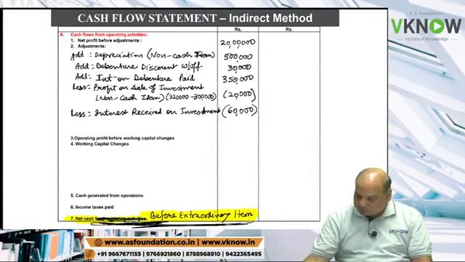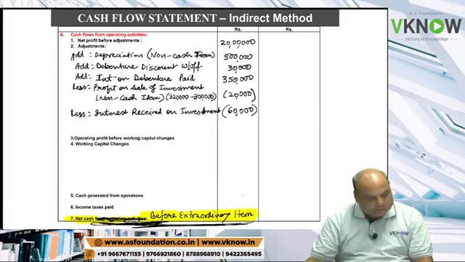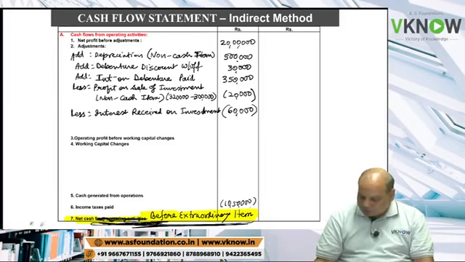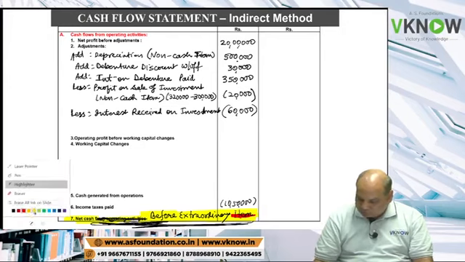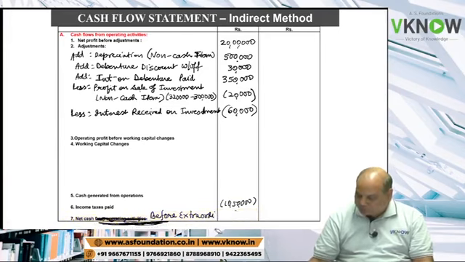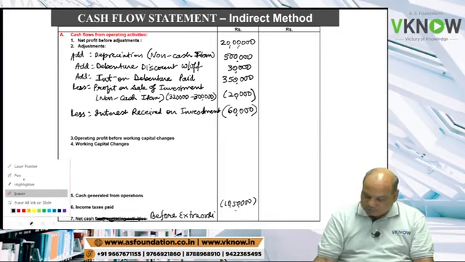Income tax paid is 10 lakh 50,000 in the first column, in bracket. Next is